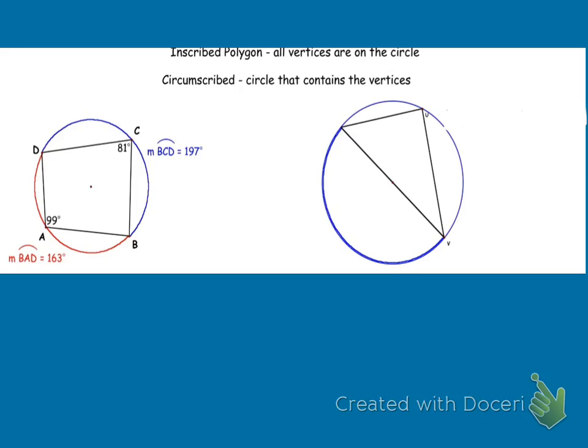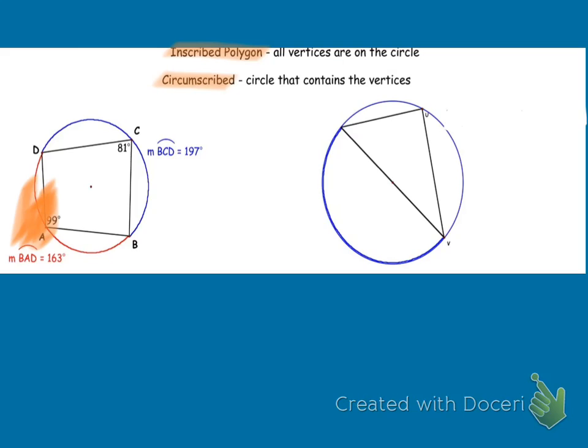And our last two examples. If we're talking about an inscribed polygon, that means all the vertices are on the circle. So here's our definition, inscribed polygon. So that's this over here, quadrilateral ABCD. All of the vertices are on the circle. Okay? If you have an inscribed polygon, you would say that that circle is circumscribed. Okay? Circumscribed